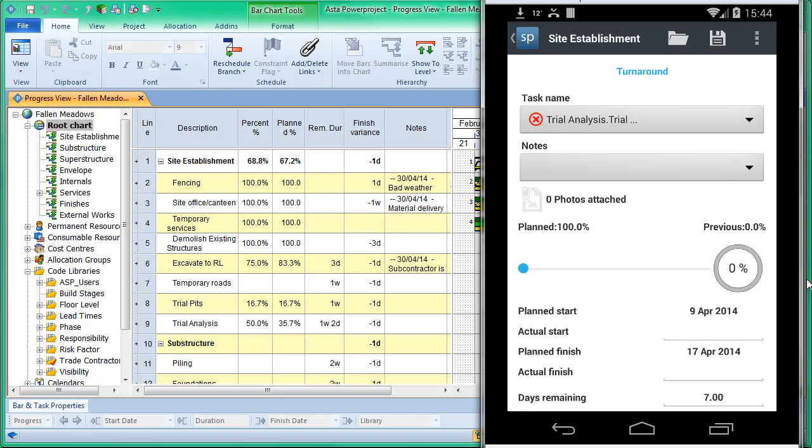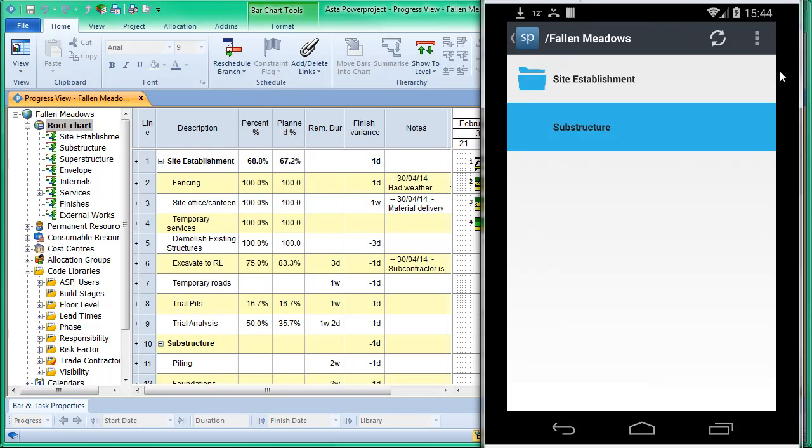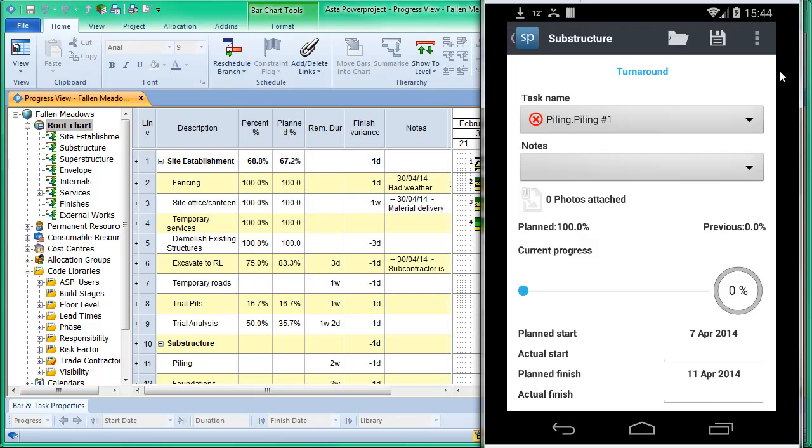and at the top of the screen here, we can click on the folder button to go back to the work breakdown structure. We can click on save, which will just, I mean it is saved, but it'll save it to this device, and then we can look in the substructure. So we've got a number of things to do. Piling should be complete, and it is complete, so we can slide that along,